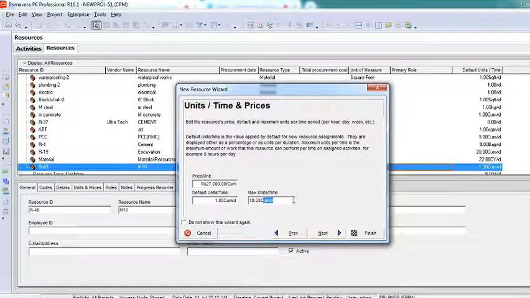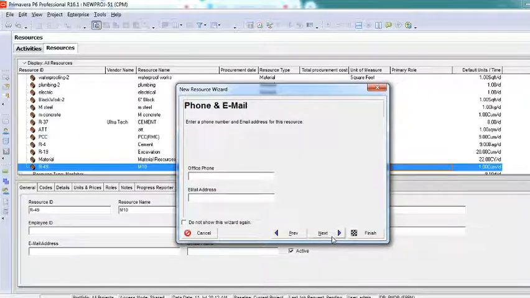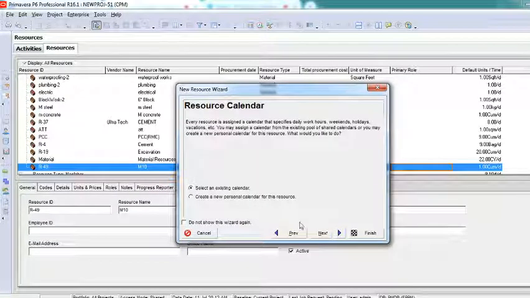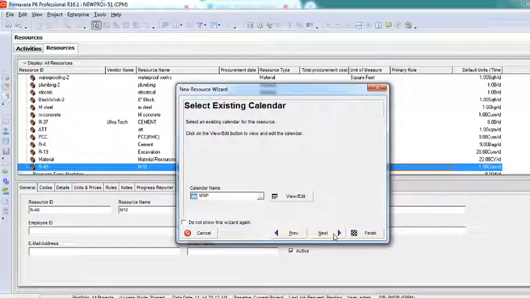This option is not mandatory in materials, but this option is mandatory in human resources, right? Because we have to tell how many people are available. But I cannot say how much concrete is available, because however much you want you have to bring. I cannot say that I have only so much concrete and have to do this work only with this much. No, if your construction needs more, then you have to get it also. So that's the reason why this does not make any sense here. Either you can use it or you can just leave it blank, and there's no point in adding email address and all, and there's nothing to be done with the calendar.